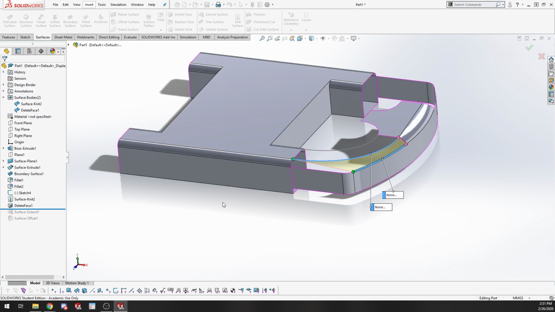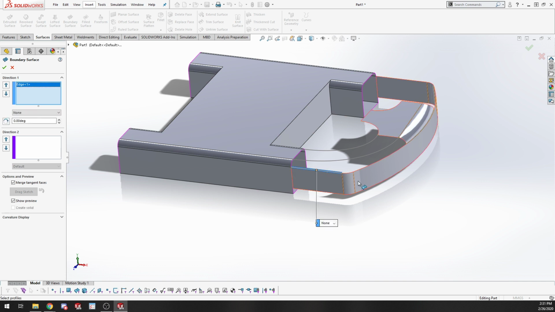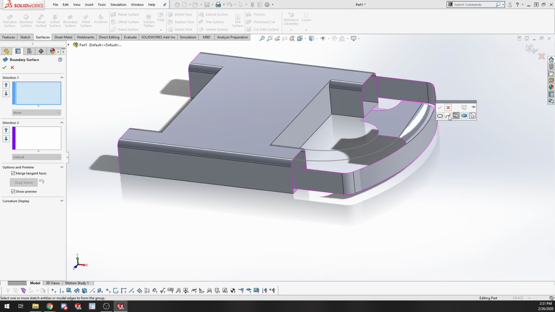Again, to go a little bit more in depth into that real quick. Selection manager gives you the option to either select just a bunch of different items and treat them all together as one line or whatever else. It gives you the option to select an open loop. So go back into that. Clear selections. Selection manager. Pop that back up. Open loop. So it's going to go through and maybe